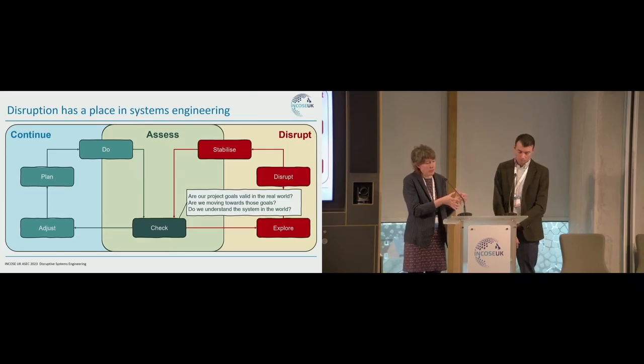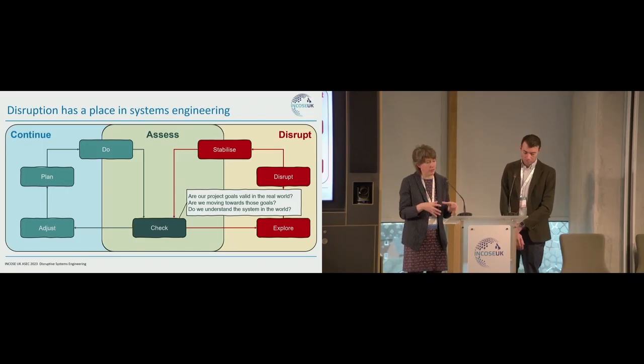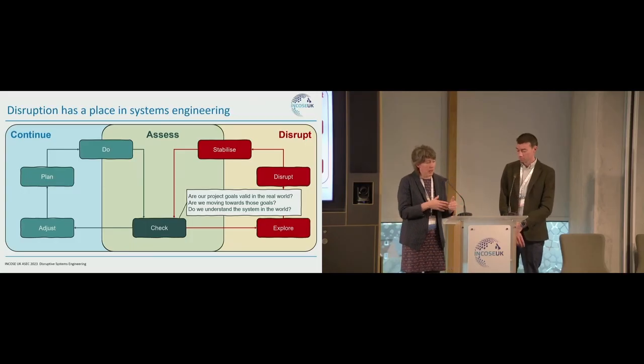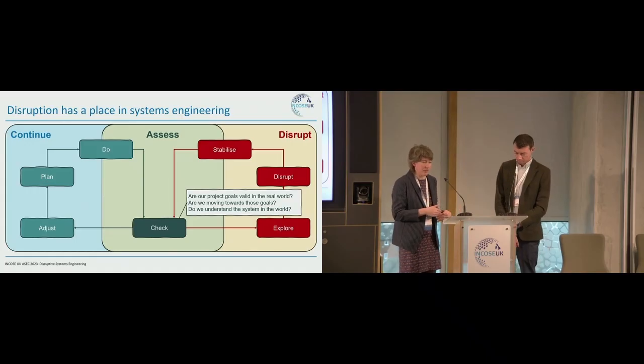And when we find this check is telling us, actually, no, this is not positive, we need to change something, we need to step back to explore, be the owl, look at the new information, understand it in the round, and understand what we need to do to disrupt what needs to change. And then make the disruption accurately and efficiently, because disruption is not a nice place to be. It's not where a project wants to spend a long amount of time, but it does need to happen efficiently